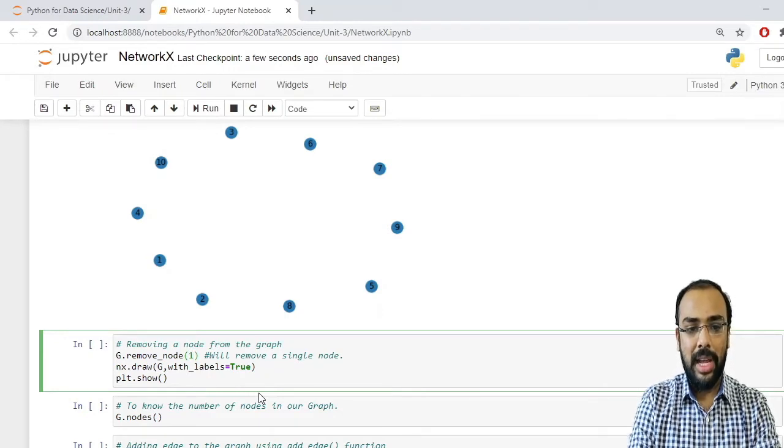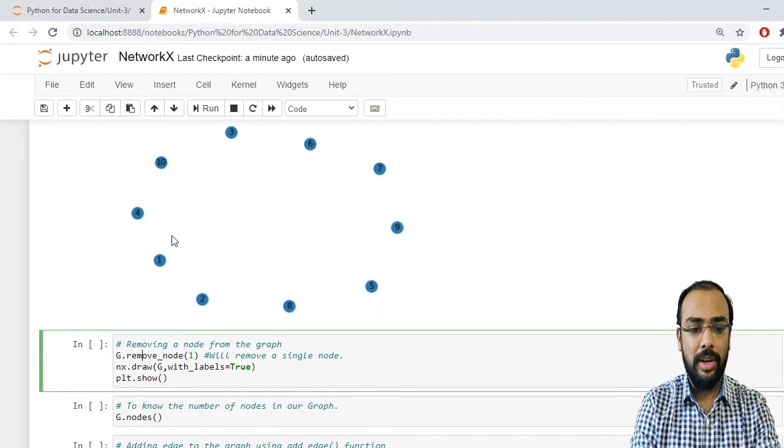So here I have the name as 1. I want to delete this particular node from my graph. It is accessible with the help of the graph object, that is g.remove_node, and I am specifying the node name as 1.